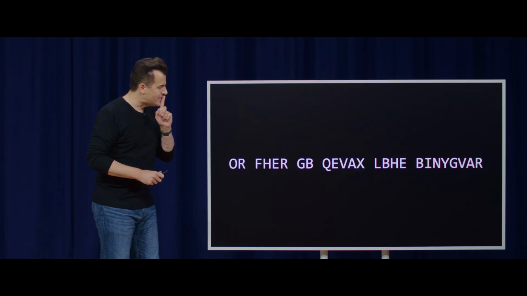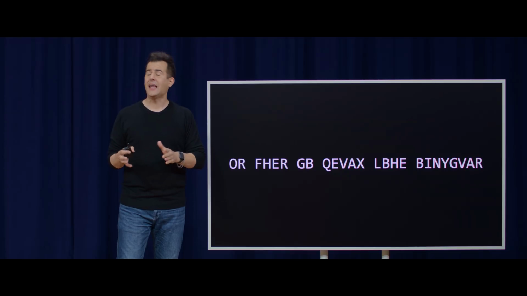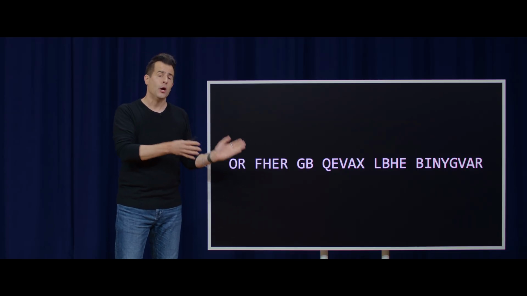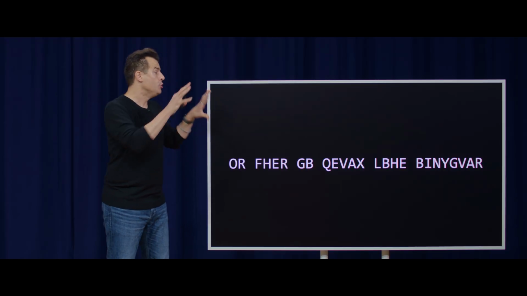So here on the screen is some ciphertext that I created in advance. And I'll stipulate that this ciphertext was enciphered using that same rotational cipher. But I'm not going to tell you just yet what key I actually used. It was originally an English message in all capital letters, so the task at hand now is to decrypt this, I dare say. Whether you are the intended recipient of the message, or maybe maliciously you've intercepted my